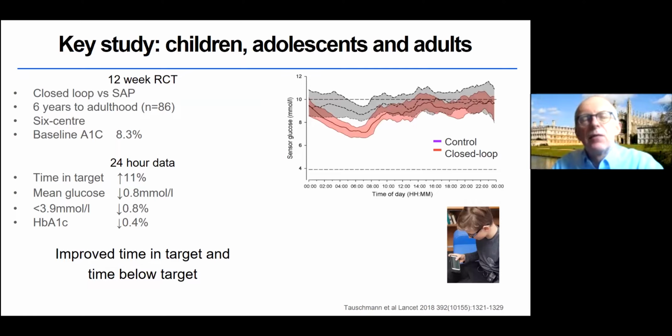This shows the data from our longest and largest studies with the system, and I will be skipping all the building evidence for the sake of time. It's data from a 12-week randomized clinical trial where we enrolled those aged 6 years and adulthood. So it was both the younger generation and also adults. It was done in the UK and the US. And the graph on the top right